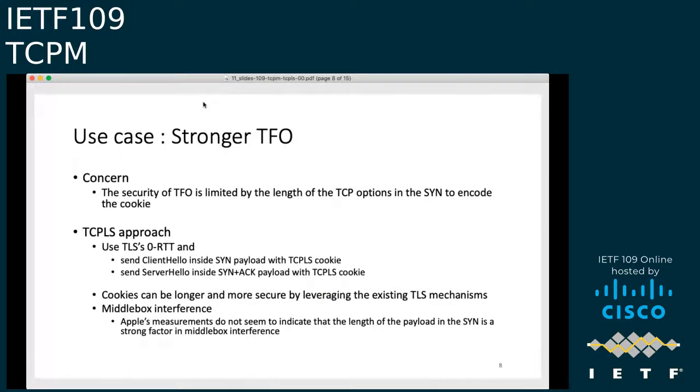Another example is TFO. In TFO, we have a TFO option, which uses small size cookies to exchange and to validate the client. Using TCP-LS, we could use TLS 0-RTT and encode information in the client hello and in the server hello, which would allow us to use cookies that are much larger than the current TFO option. Obviously, using longer information in the payload of the SYN and of the SYN plus ACK could create some issues